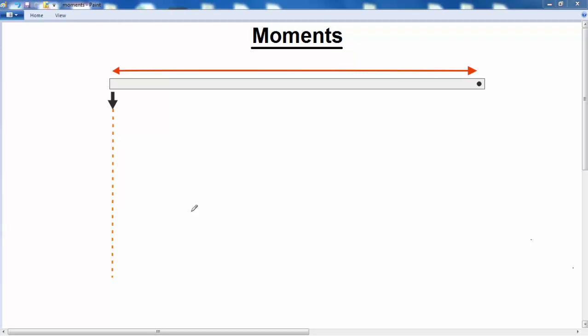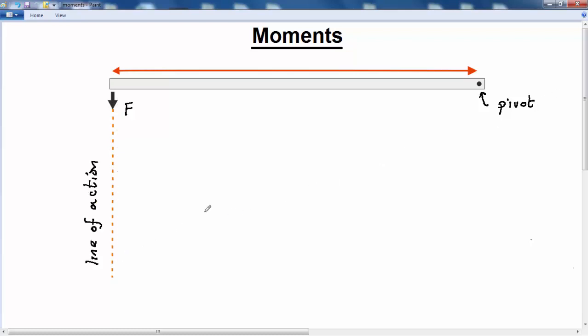In this lesson we're going to look at what we mean by a moment, or the moment of a force, and moments apply to objects which rotate around a pivot point. So in this setup here we've got a beam which rotates around a pivot. That's the pivot, that's the point of rotation, and we've got a force F which in this particular case is acting at a perpendicular direction to the beam, and this direction of action of the force is called